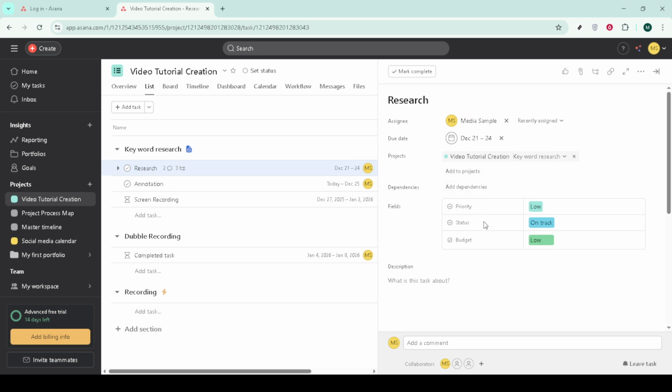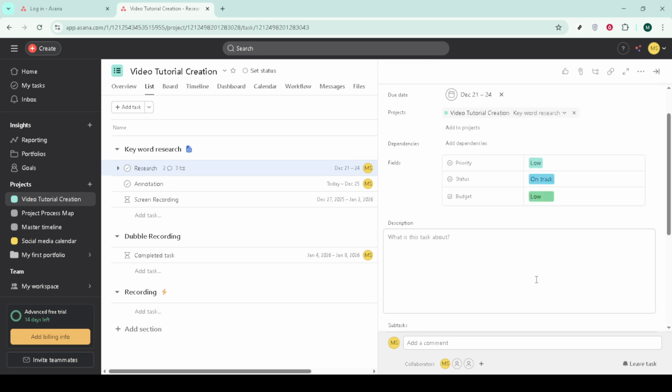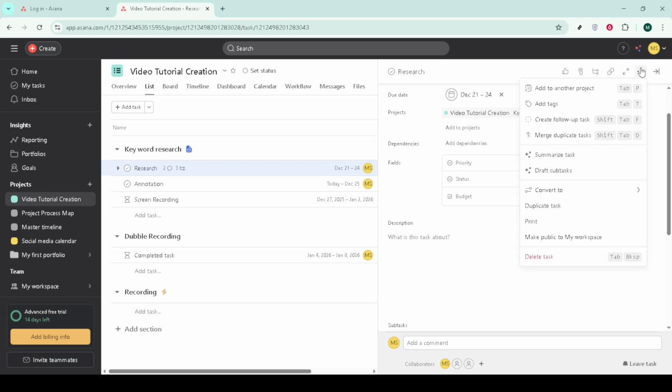With the task open, click the three dots in the top right to open the options menu. This is where you'll find task level actions that reshape how the task behaves. Choose convert, then select approval. This changes the task type from a regular to an approval task, unlocking specific decision options and making the review